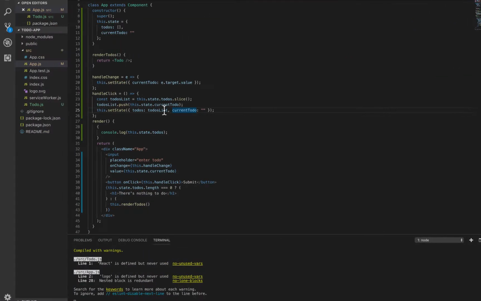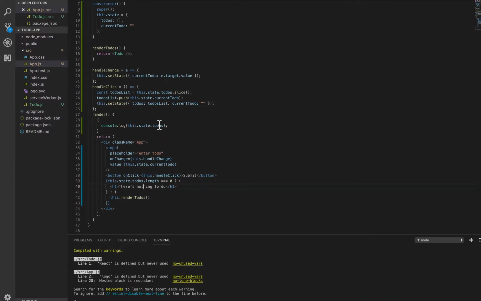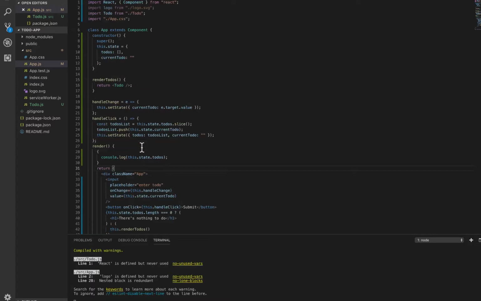Also, what you observe is that for every change you make, React goes ahead and renders your component. There's something I'm sorry about: when I click on save, I have a tool that actually goes and formats my code. So it feels like this is changing, but it's not. Okay. Anyway,